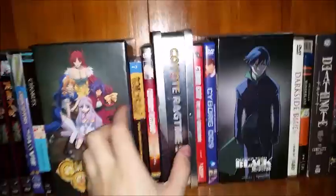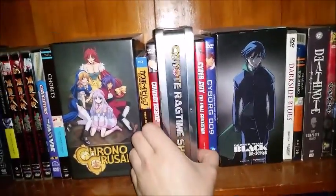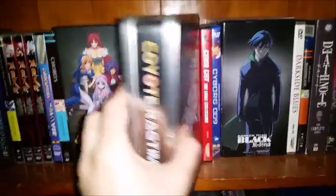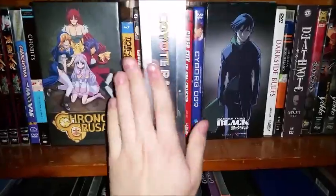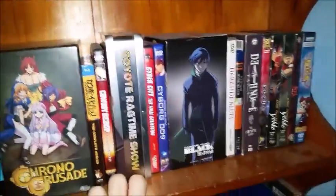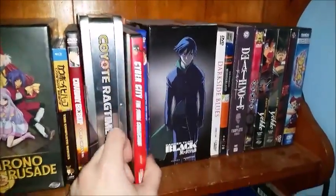Coyote Ragtime Show. I kind of equate this to Cowboy Bebop. I'd say a lesser version of it for sure. This comes in a really cool tin. I only have volumes 1 and 2 in there, so I haven't finished watching the series, although I did watch about half of it. It's alright. Wouldn't recommend it to too many people, that's for sure. I'd give it like a 5. I'm not going to start rating all of these, but...